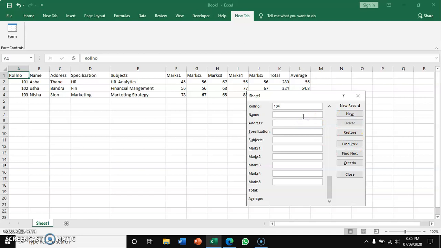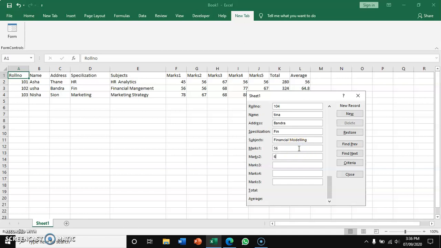Name, let us add a name, Tina. Address is Bandra. Specialization is finance. Subject, let us say financial modeling. Marks.